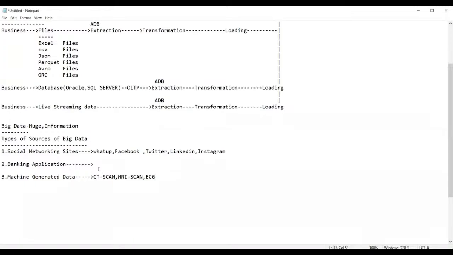That means a massive amount. The CT scan machine generates a very massive amount of data. Any machine which generates data produces machine generated data. That's it. Then afterwards,